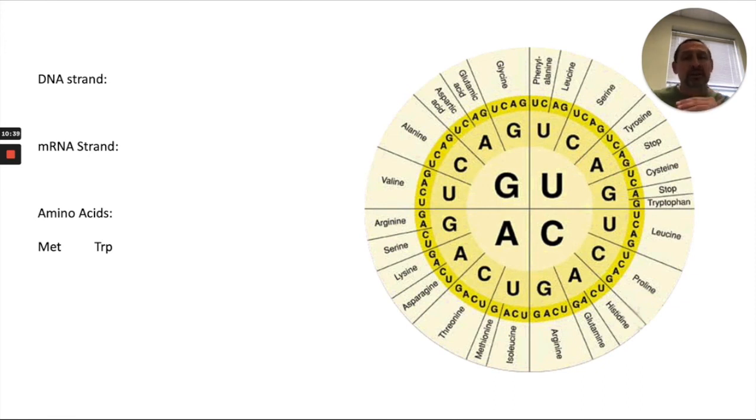What if we start with the amino acid? Can we figure out what the DNA code is? If we start with MET here, we realize the messenger RNA code is AUG. If the messenger RNA code is AUG, then what's the DNA code? TAC. So now that I know that DNA strand is TAC, we can translate it and then transcribe it to get